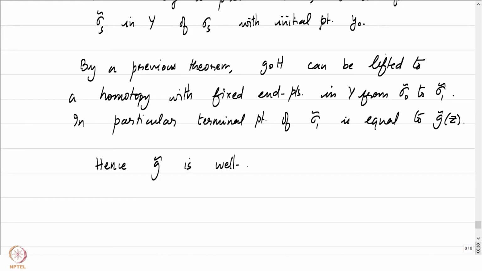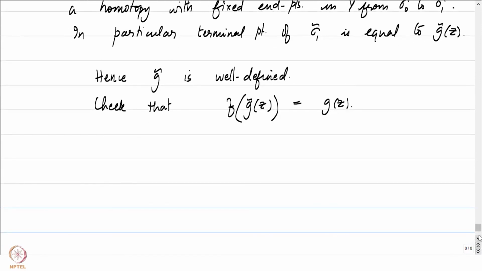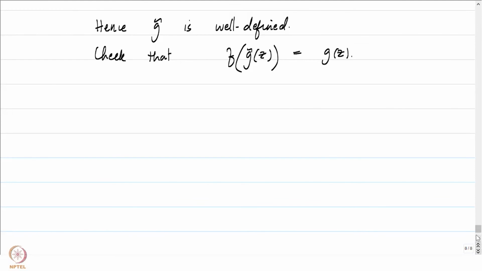So we now have a map which does satisfy the condition. So check that G tilde of Z, if you compose it with F, is going to be equal to G of Z. That's quite straightforward because this is a lift and it certainly satisfies this condition. We certainly have now a potential candidate which could be a lift. Now this candidate does work, but we still have to check for something. We have to show that this G tilde that we just defined is in particular a continuous map as well. So that's the next claim that will be proven.